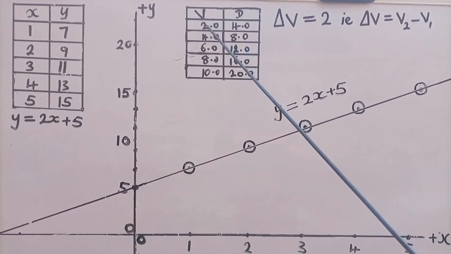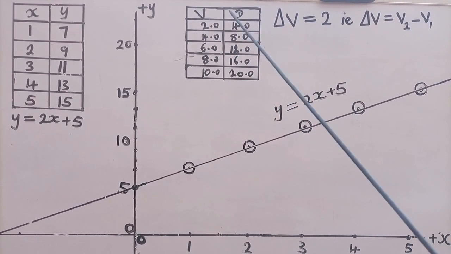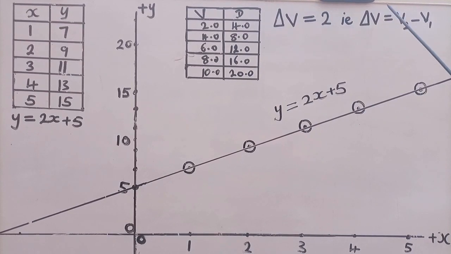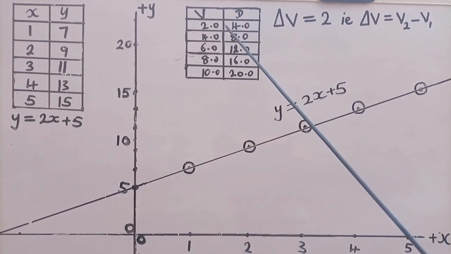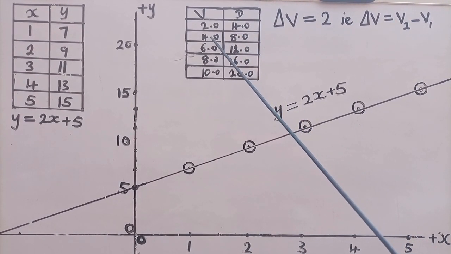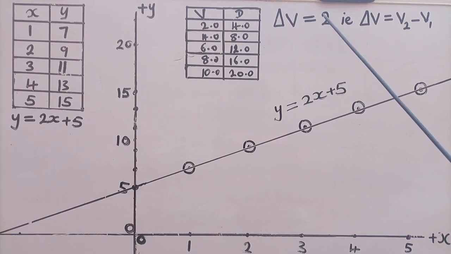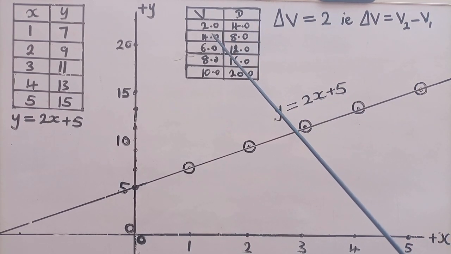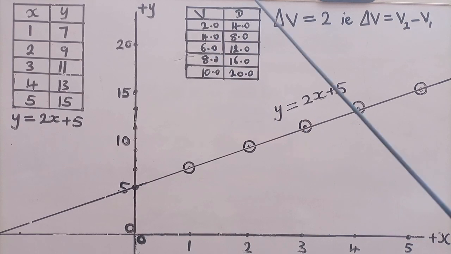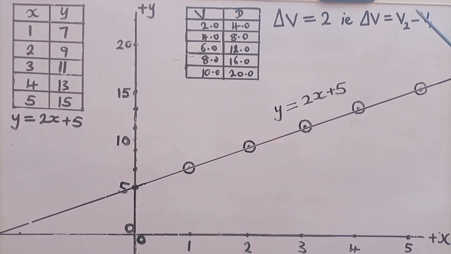That which precedes is called V1, and that which succeeds is called V2. If it is 4 and 6 we are trying to compare, then 4 precedes and 6 succeeds. Therefore, with respect to 2 and 4, our V2 is 4 and our V1 is 2, so that 4 minus 2